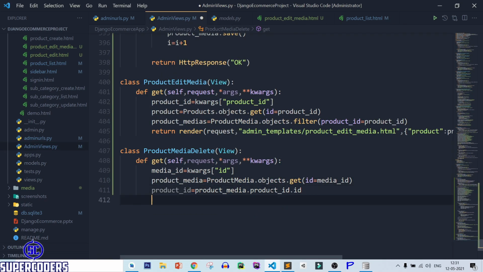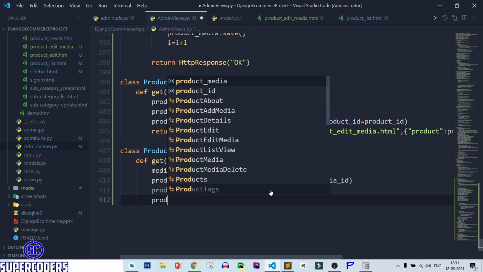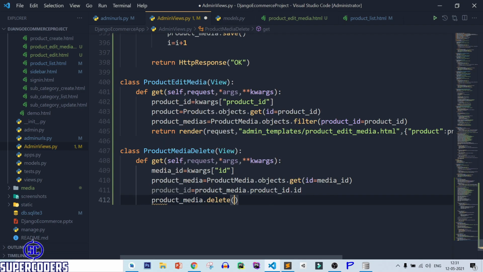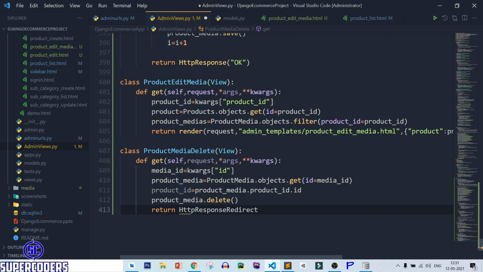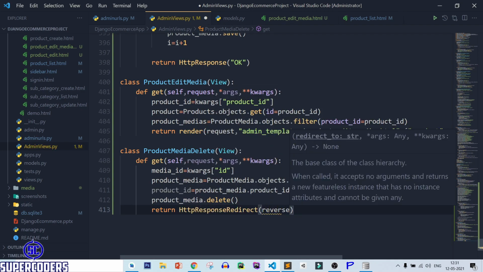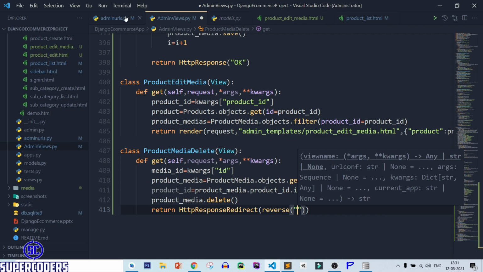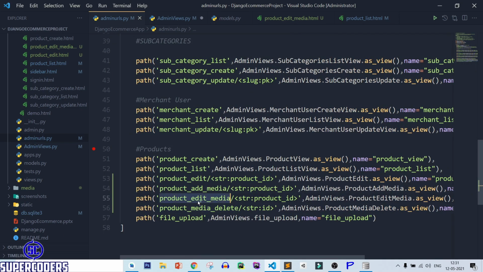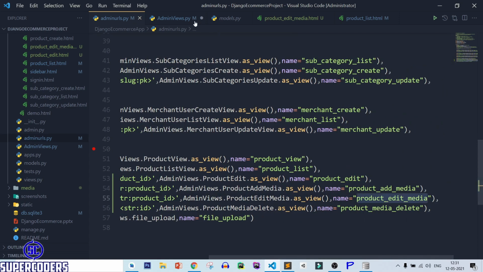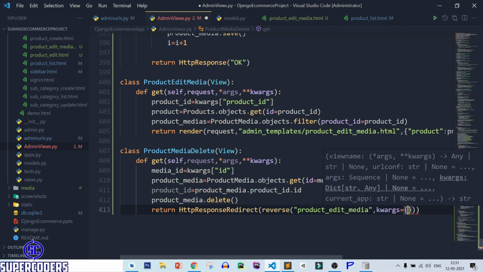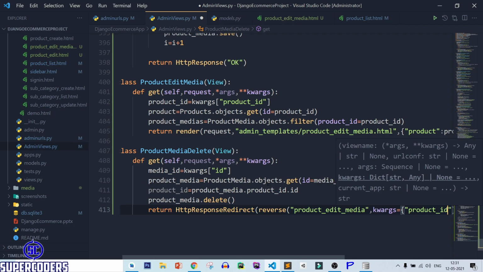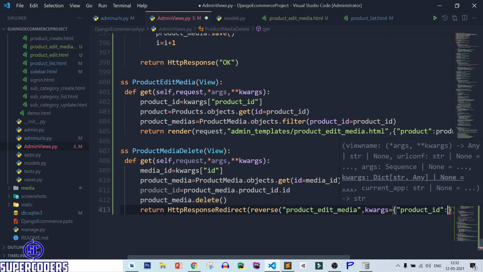After that, product media dot delete and simply redirect the user. So return http response redirect reverse and pass the edit media page URL, copy it, then passing the data kwargs equal to product underscore id. So we can access the product underscore id by product media.